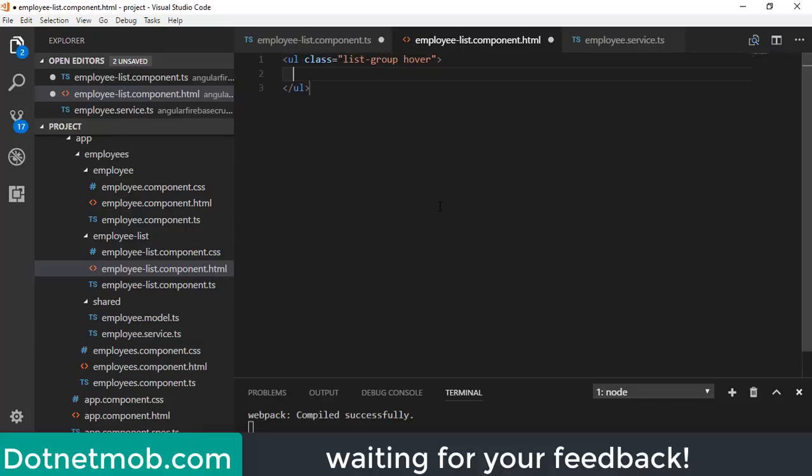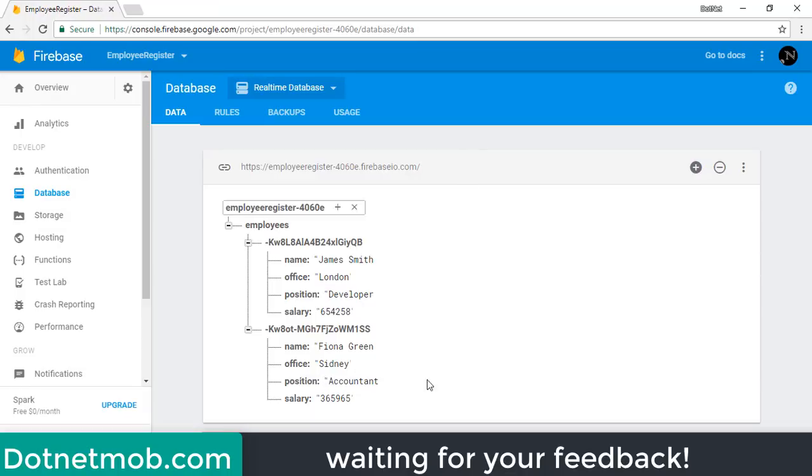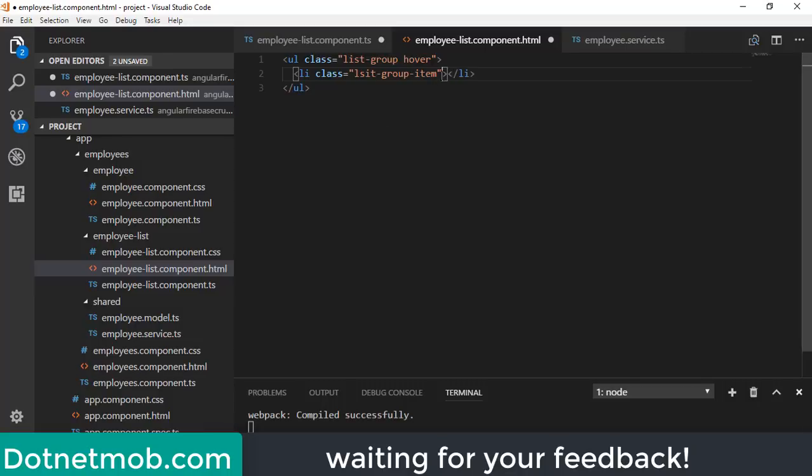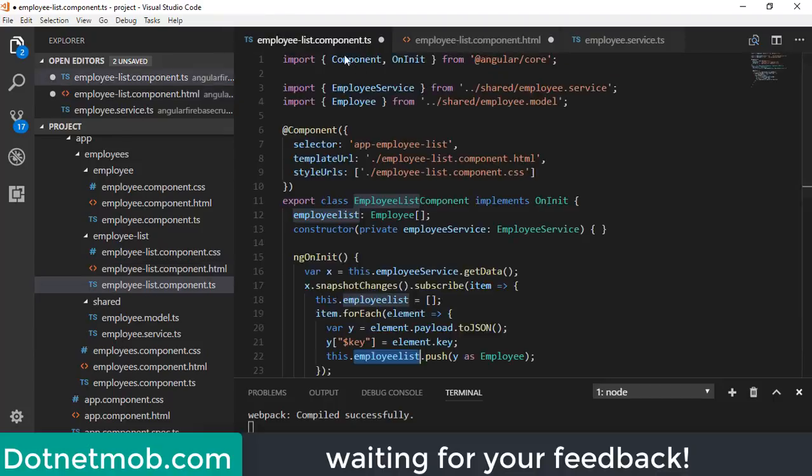Inside the UL element, I will add an li element with class list-group-item. Hit tab. Now we are going to repeat this li element for the number of employees present inside this database. For that, we can do this: *ngFor is equal to let employee of, then I will copy this list from here, employeeList.